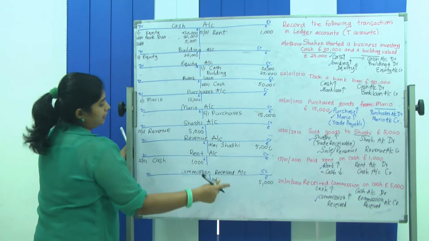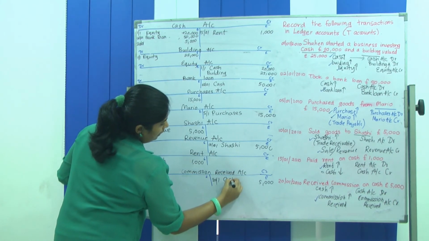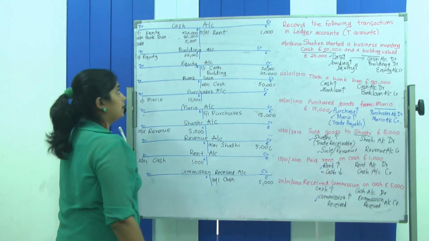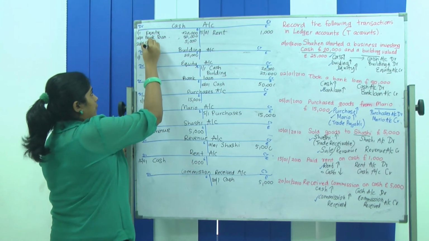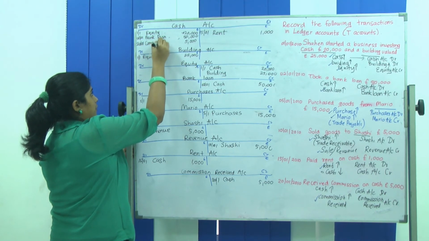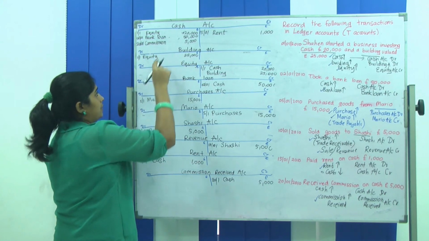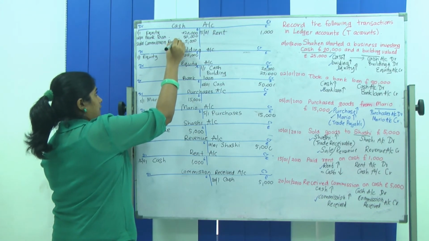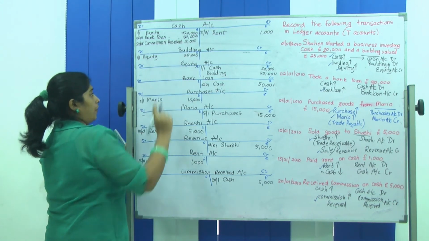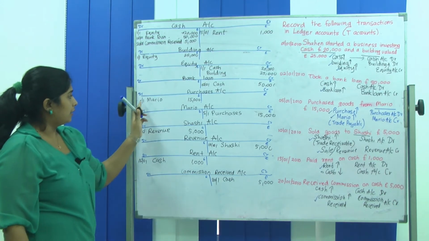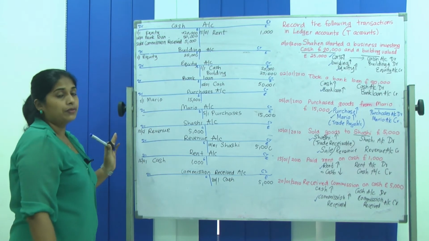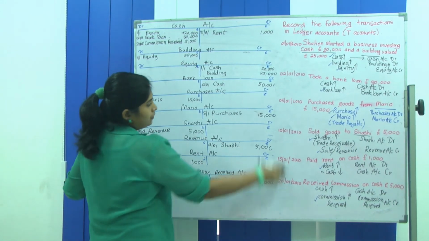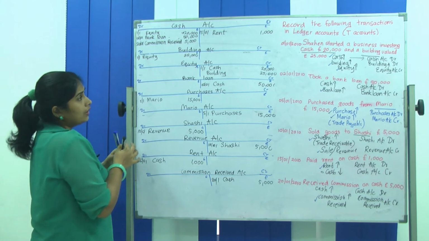So you will be exchanging the name. In commission received, you will be writing cash because the credit entry is there. Where is the debit entry? It's there in the cash account. In the cash account, you will be writing commission received because the debit entry is there in the cash account. The credit entry is there in the commission received account. So you have to make sure that you write the date, detail and the amount parallel to each other, on the same line. Okay, so I'll explain once more.